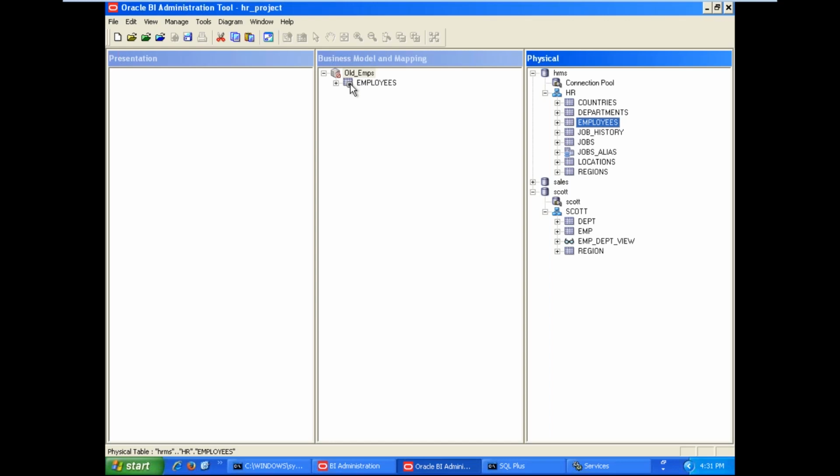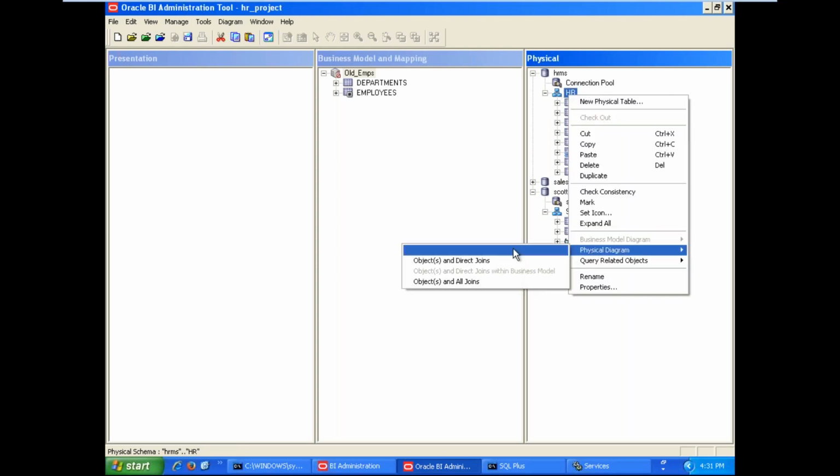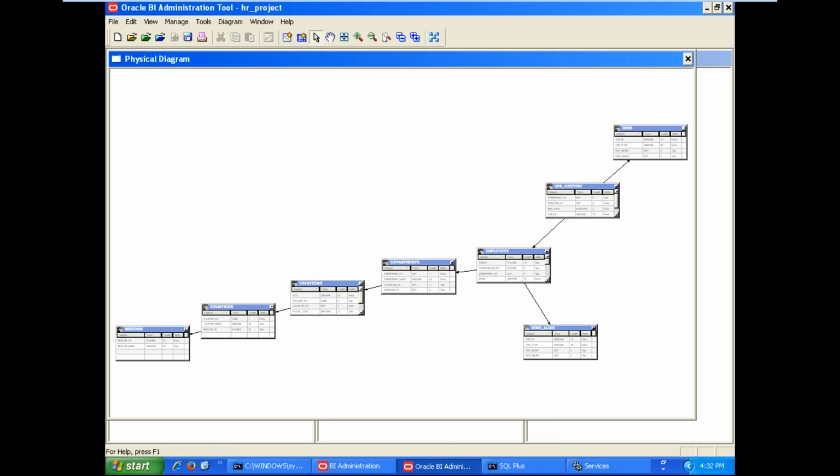See here we have a hash symbol. Hash symbol means the table itself is a child table. So now on top of that employees table we have departments. Our requirement is to find out old employees based on the departments. Already explained, again I can show you the physical diagram.